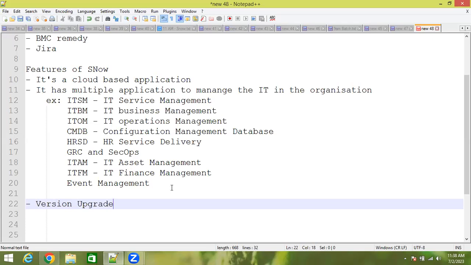It started around the year 2011 with a version named Aspen, and every year it kept upgrading itself, right? And currently, in 2023, its current version is Utah. Okay, so let me just show you the version history.